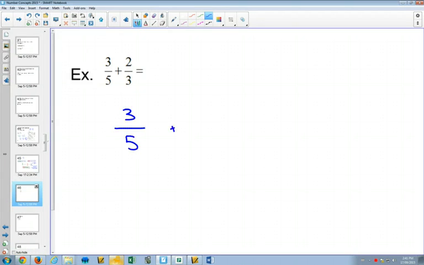3/5 plus 2/3. I want a common denominator. What common denominator would there be with 5 and 3? 15. So what are we going to need to multiply the 5 by? Times by 3. And if we times the bottom of this fraction, we need to times the top of this